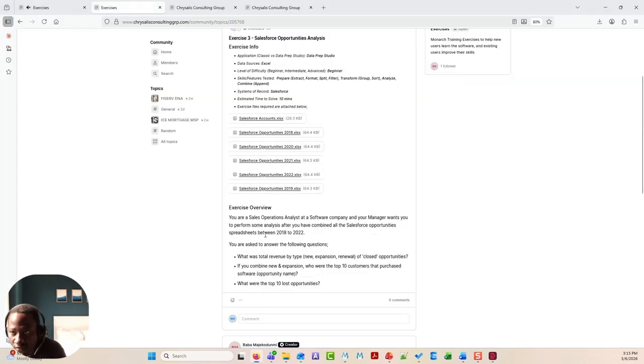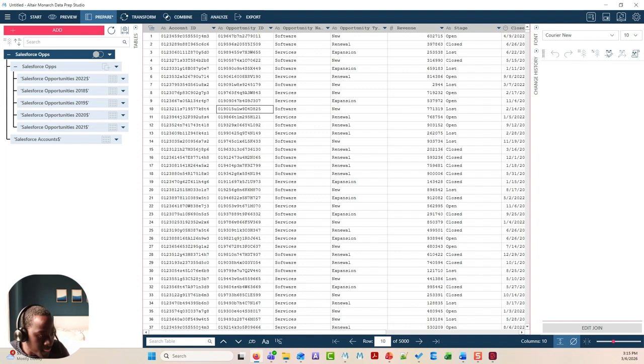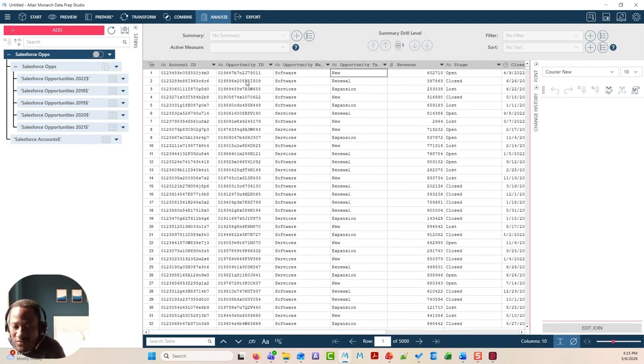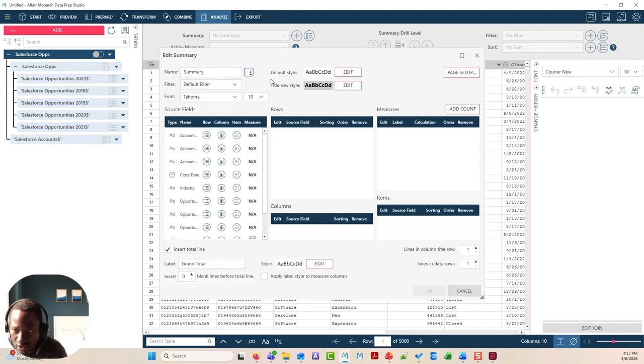So the first question is, I'm going to move it here on my other screen. So the first question is, what was the total revenue by type? Okay, so this is the type, whether it's new, renewal, expansion, for closed opportunities. So I'm going to go here to analyze, and the analyze view is a great way to be able to answer these types of questions because you can toggle views, you can kind of slice and dice. So let's create the first summary view here. So we're going to call this, let's call this total